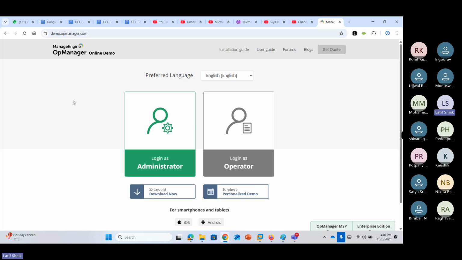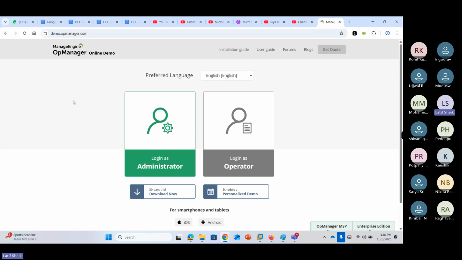Zabbix is also one of the monitoring tools, and Prometheus and Grafana are also monitoring tools. SolarWinds Orion, SolarWinds NPM Network Performance Monitor, Unified Monitor is Orion, PRTG monitors.